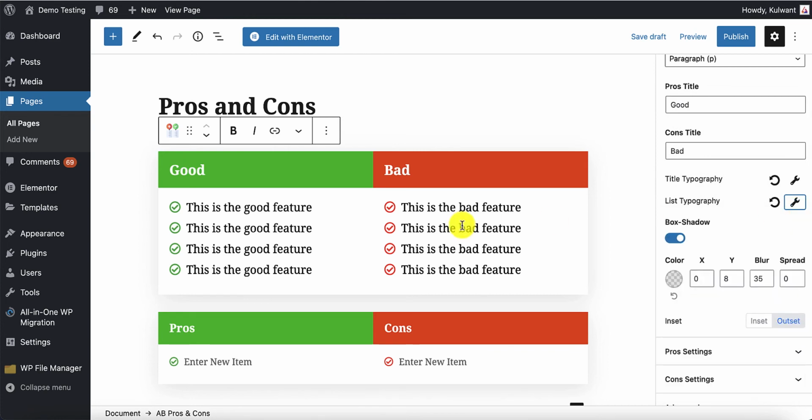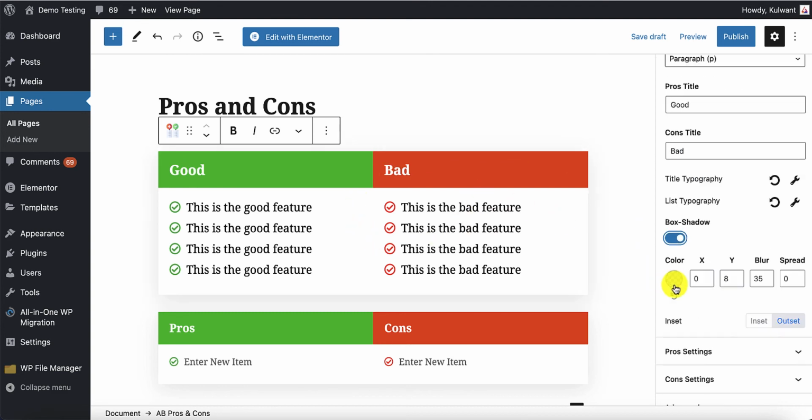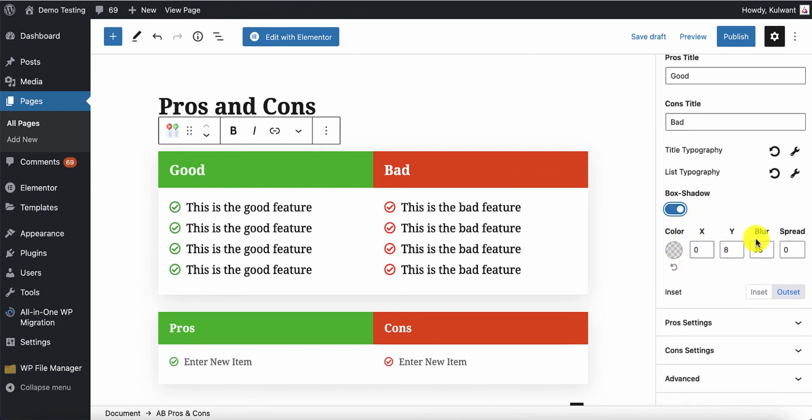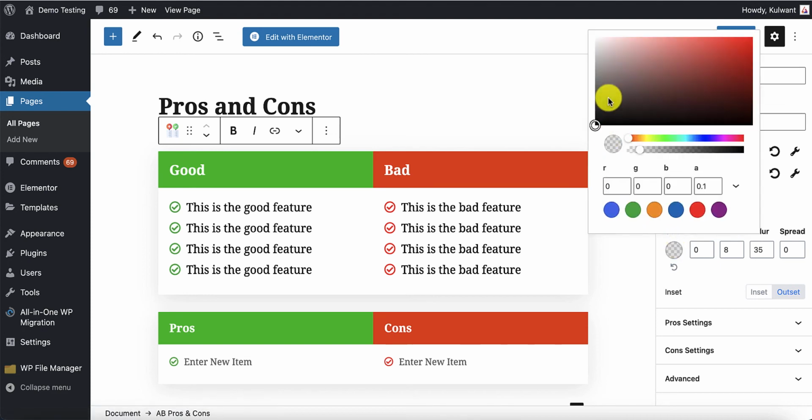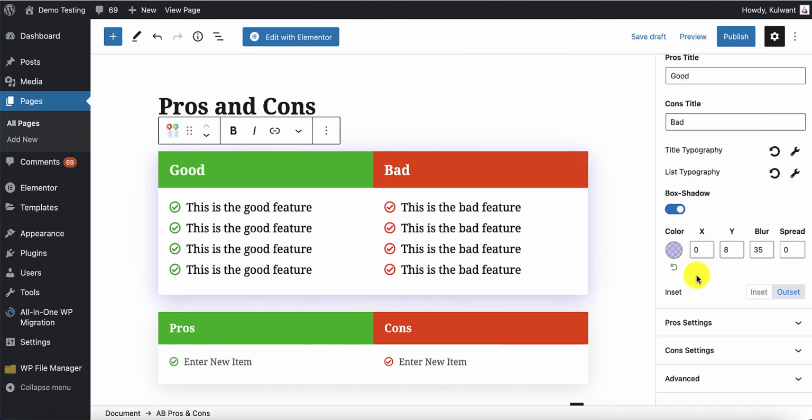Now by default we have added the box shadow. If I disable it, now you would see there is no shadow right now. If I enable it, there is a shadow right now. So these are all of the settings for shadow. If you want to change the shadow color, just go there, pick any color, and now the shadow color would change. Can you see that the color is changing? You can even increase or decrease the opacity of the color, and now you can clearly see the shadow. Perfect. This is how you can change the shadow of this block.